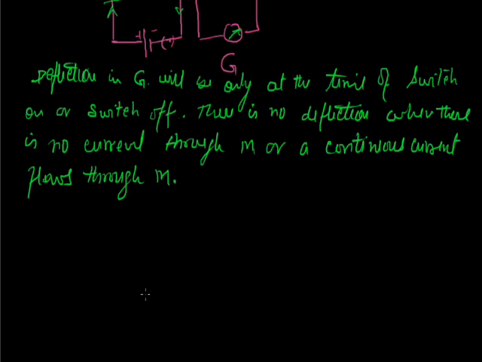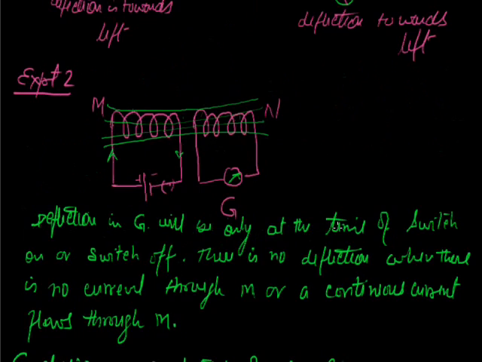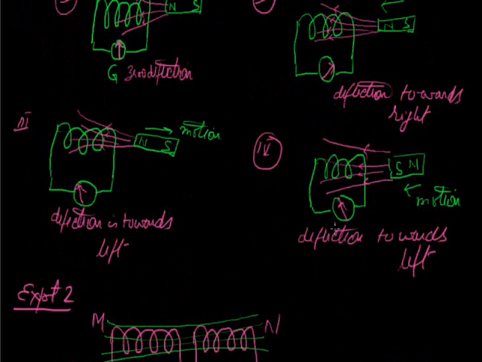Conclusion of the experiments, the definition of EMI. When there is a relative motion between the magnet and the coil, or there is a change in magnetic flux passing through the solenoid or coil, then an EMF is produced in the coil. This phenomenon is known as